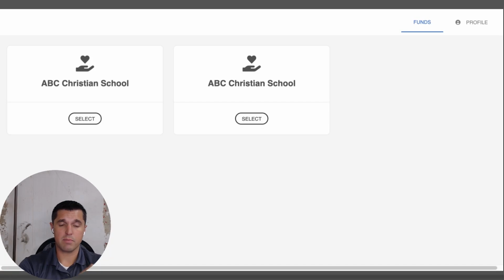If you've been around for some time, you're probably familiar with a similar setup where it seemingly is showing two separate funds. This is just how the software program interacts. Even though most of the schools only have one fund, we actually have to account for it in two buckets: the agency portion, which is the amount that the school donates into the fund, and then the designated portion. This is the amount that comes direct from donors to go towards your Christian school.